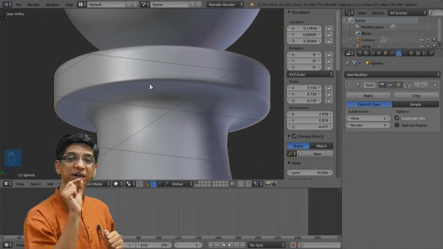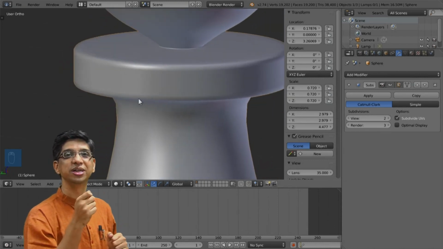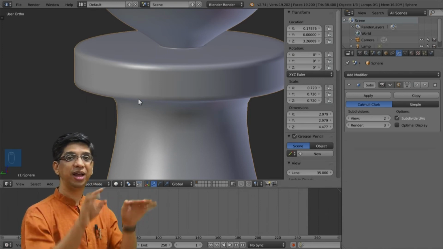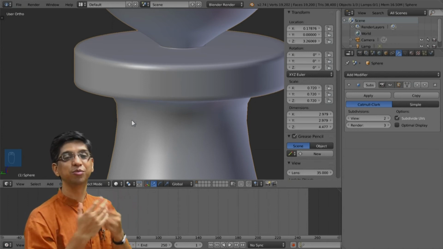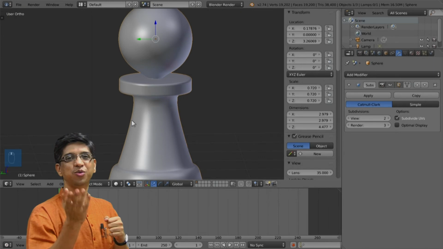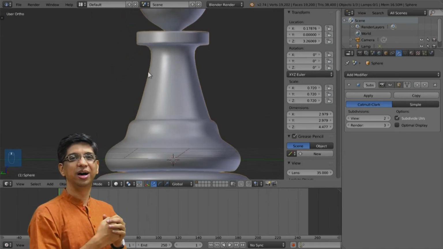So, this is how a typical chess pawn will have the edge. It will never have a very sharp edge, nor will it have a completely smoothed outline where it is not giving the exact shape we wanted. This is just one small example. I am sure you can come up with your own ideas in applying it wherever you require, but remember, do not click the apply button on this subdivision surface, or the subsurf as we call it, because that will only increase the file size and you will have more problems if you are handling a complex model.